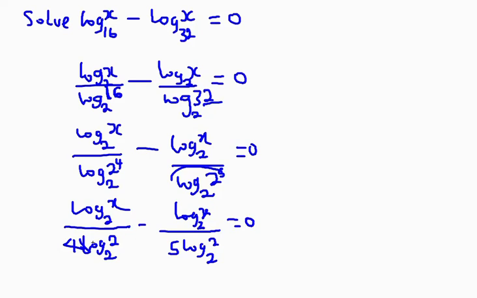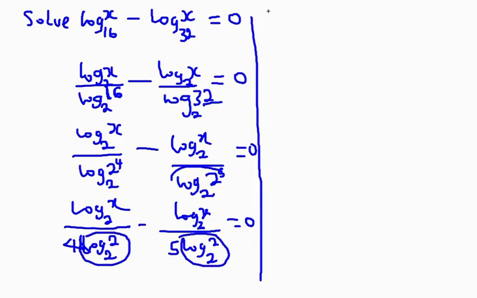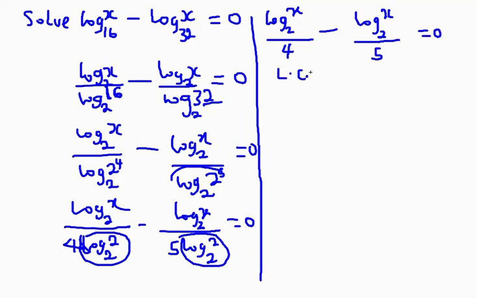So going also by the identity rule, log 2 base 2 here is 1, and also log 2 base 2 here is 1. So this leaves us with log x base 2 all over 4 minus log x base 2 all over 5 equals 0. So the LCM is 20. So you can multiply each of the terms by 20. Multiplying this by 20, this by 20, and this by 20 gives